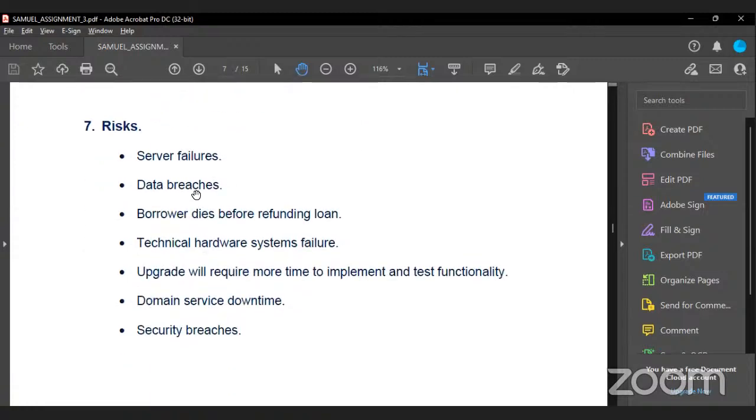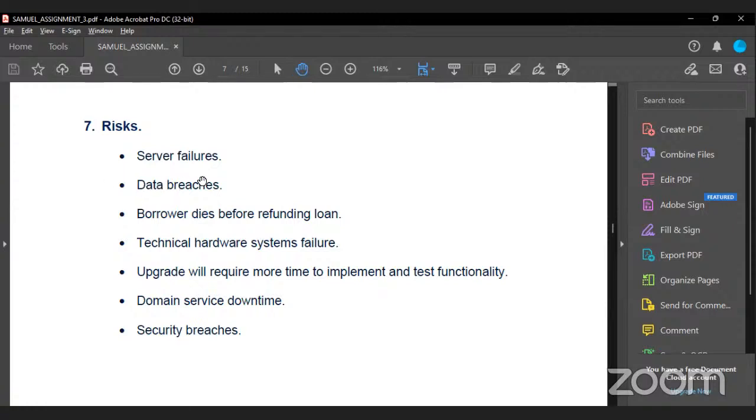So we move on to the risk. The risk aspect is where these things could happen. Risks are things that can happen out of the blue. They are not pre-planned or something that we prepare for, even though it is required to prepare for risks. That's why it is stated here, but these are not things that we plan for. It's just something that happens or occurs. So we could have server failures, which is an occurrable state in all servers that are operational. They could just fail.